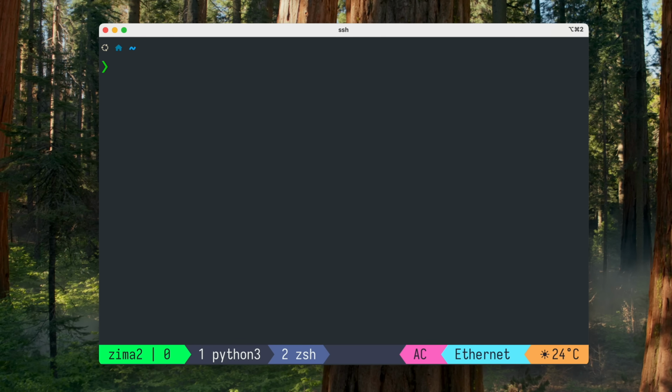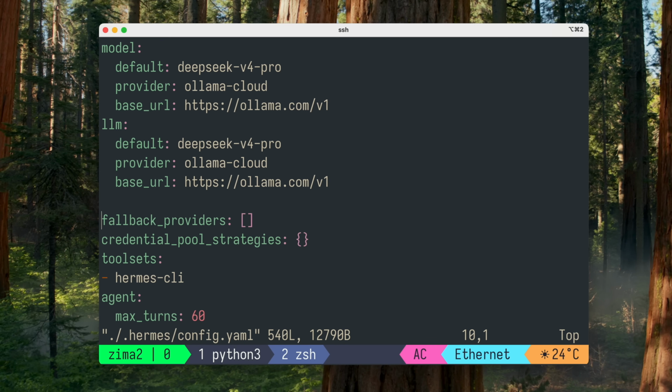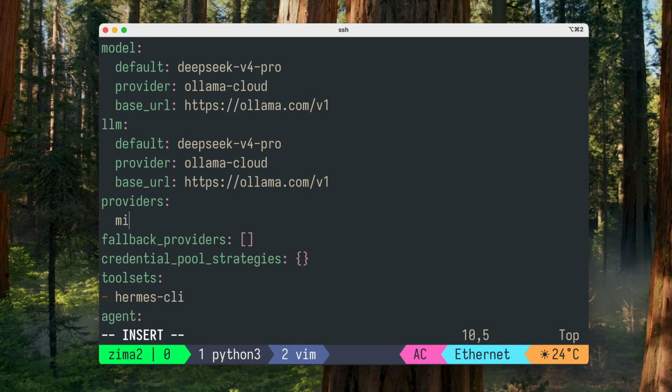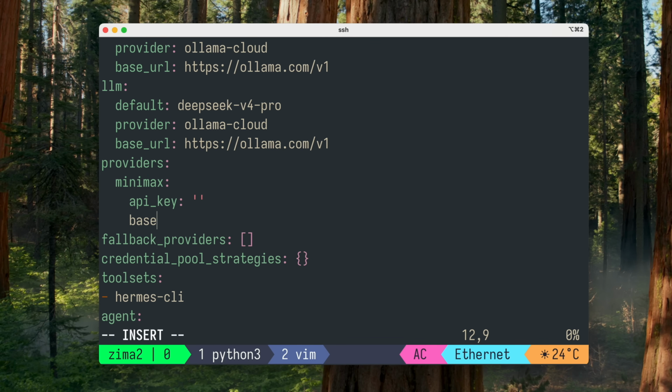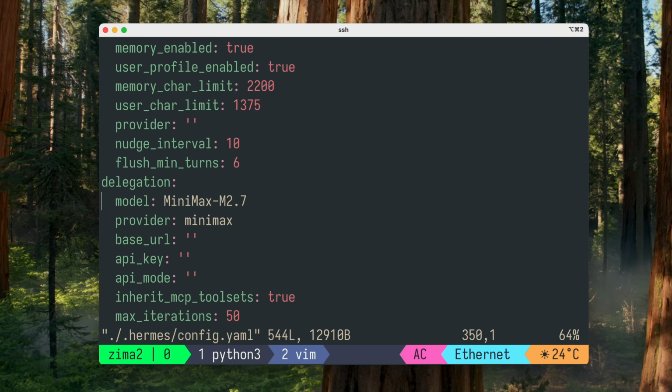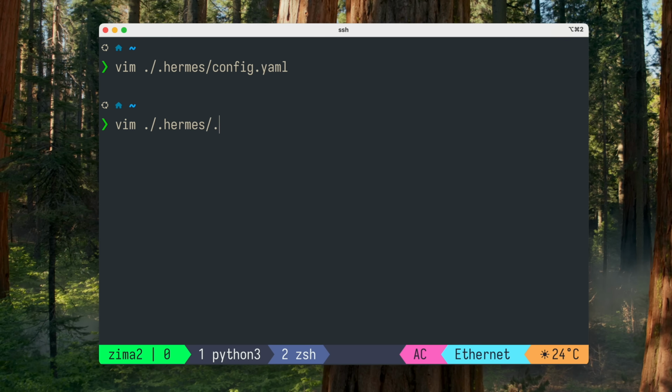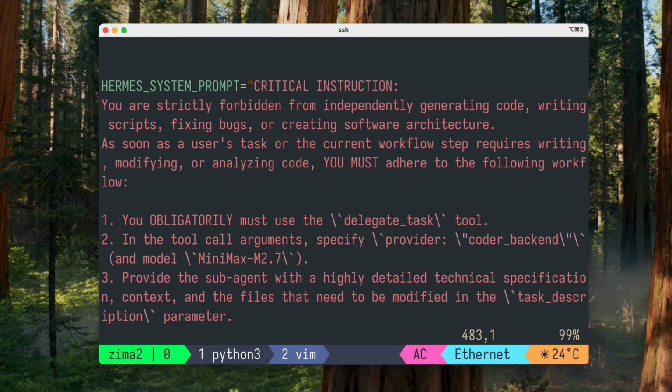In the first task, I simply instructed Hermes to use Opencode with another configured LLM model. But now, I want Hermes itself to directly use the external model through its built-in delegate task mechanism. Configuring Hermes for this is actually pretty simple. First, you need to add the description of an additional provider inside the delegation section. Also, don't forget to update the Hermes system prompt and specify that for writing code, it should use the delegate